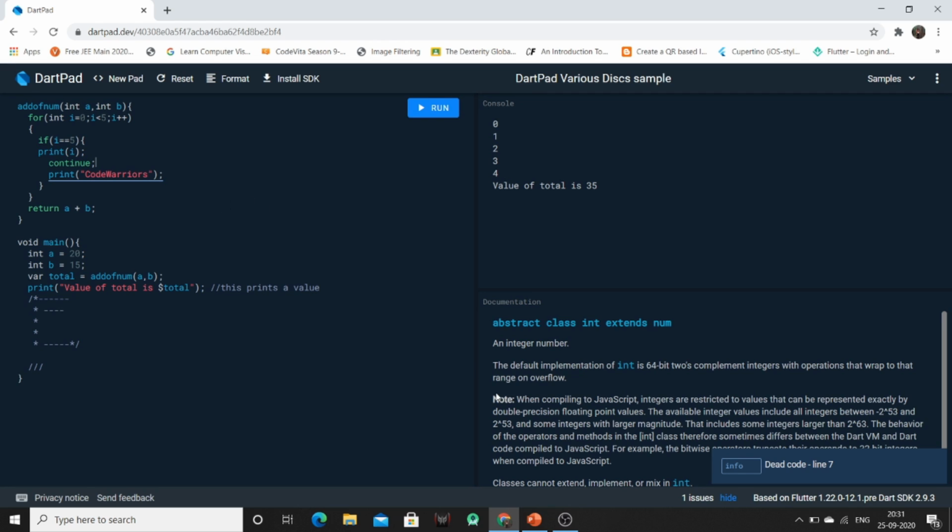So you can also see that information is available at the right corner, that this print statement, that code, will not be executed. We can see that by running our program. So the output will be,